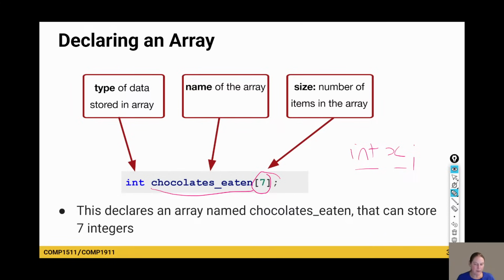These square brackets with a size in them say it's an array of size 7. And what type is it? It's an integer array. We can only ever store one type in an array. This is an array of integers, and it can store 7 integers. That's the maximum size we've given it.